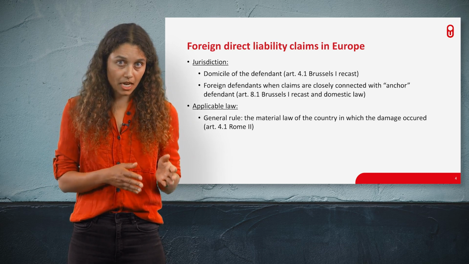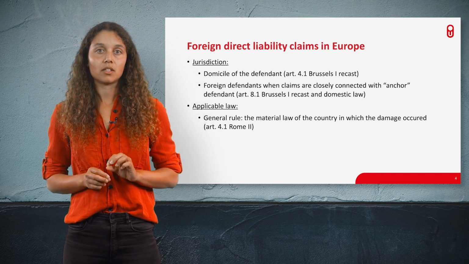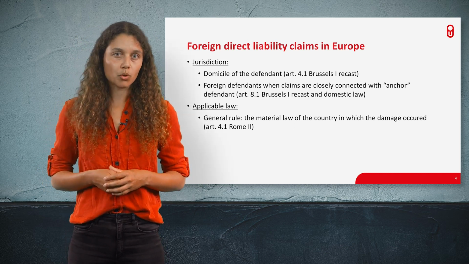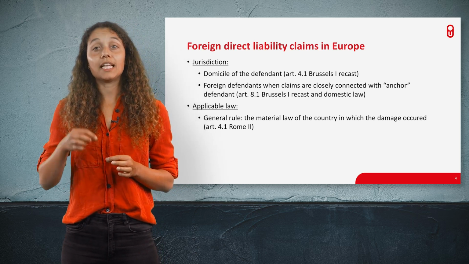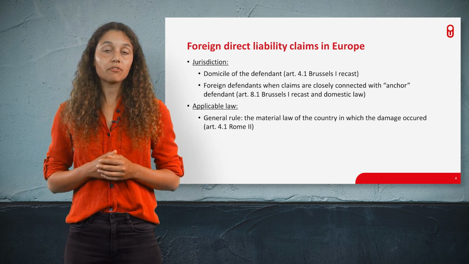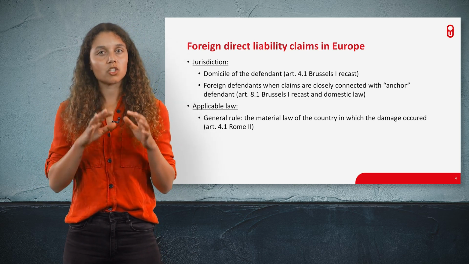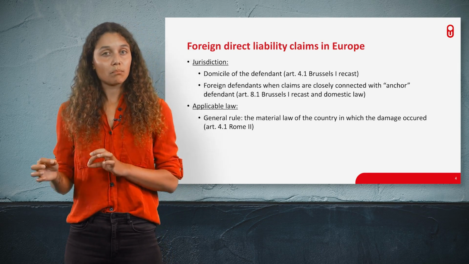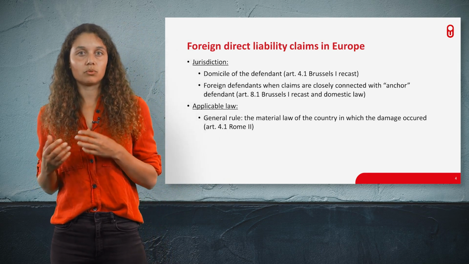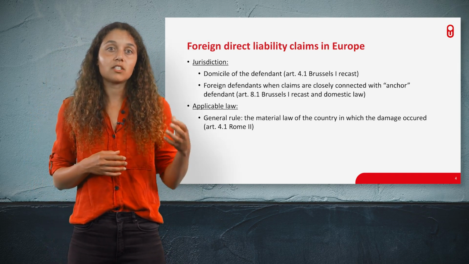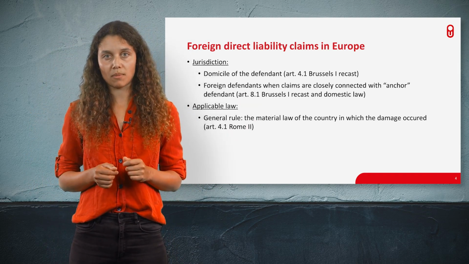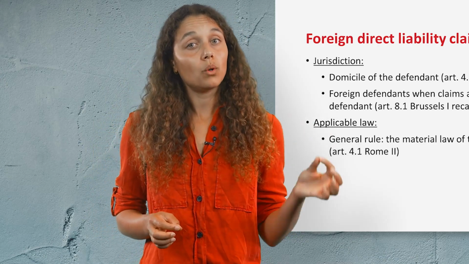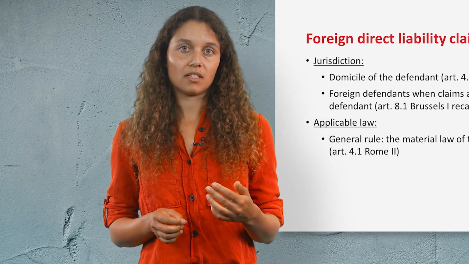If jurisdiction is established over the anchor defendant, according to the current Article 8.1 Brussels I recast, courts can also have jurisdiction over defendants residing in other European member states if the cases against the different defendants are so closely connected that it is expedient to hear them together. A number of European countries have similar rules in their domestic law that apply to foreign defendants not domiciled in member states. So, depending on domestic rules, a court may also assume jurisdiction over foreign defendants outside the